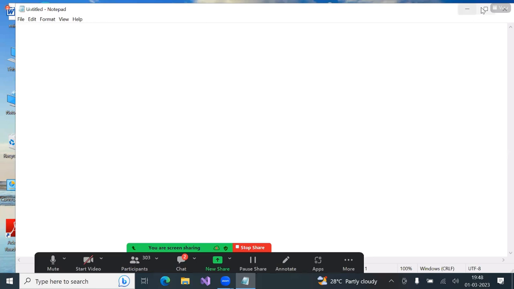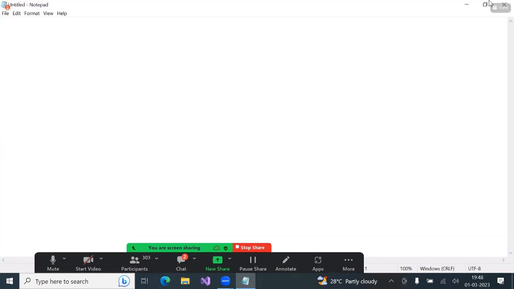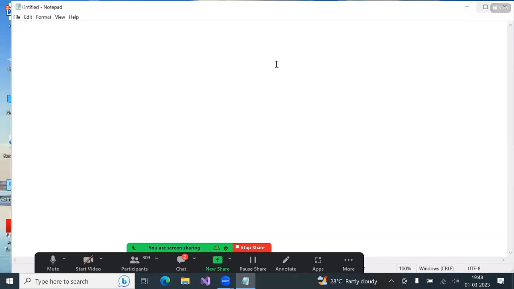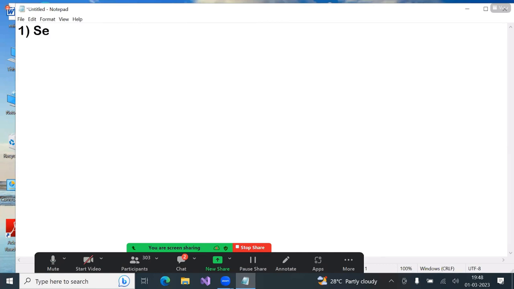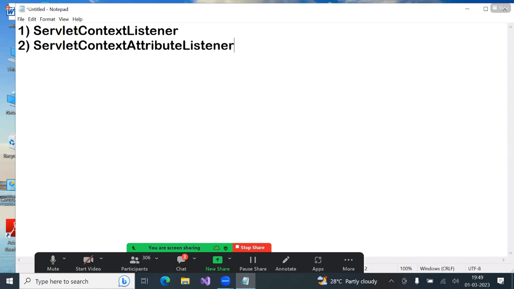See, how many Servlet listeners are there? The first one, Servlet context listener. Second one, Servlet context attribute listener. Third one, HTTP session listener. Fourth one,